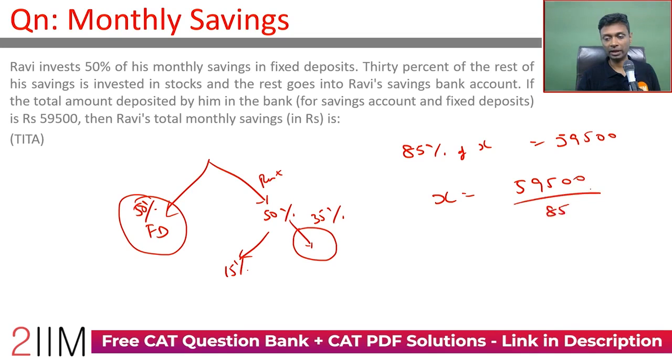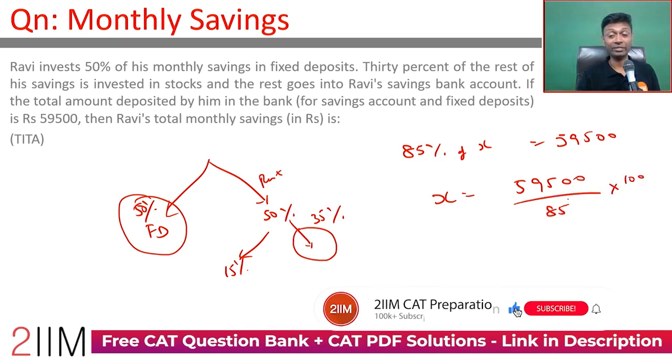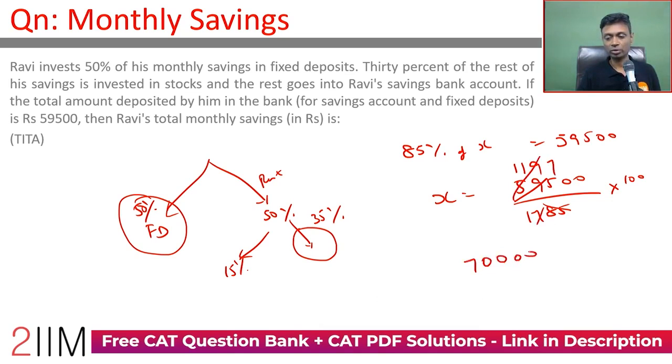59500 by 85 into 100, or by 0.85 effectively. Divide by 5, this becomes 119 by 17. 17 goes into it 7 times, so X is 70,000. Ravi earns 70,000 rupees. 35,000 he puts as FD, and 10,500 he puts as savings into stocks. The remaining he keeps in a savings account, and what he puts in FD and savings account add up